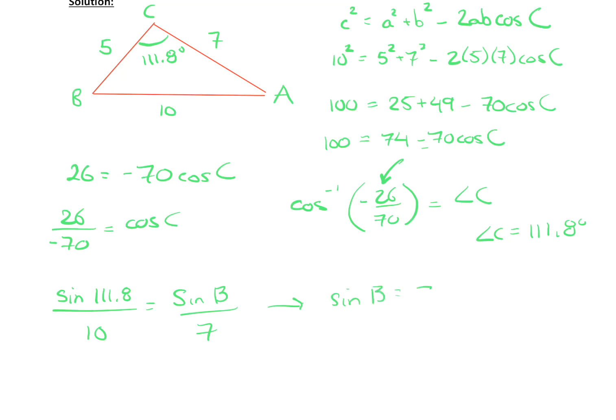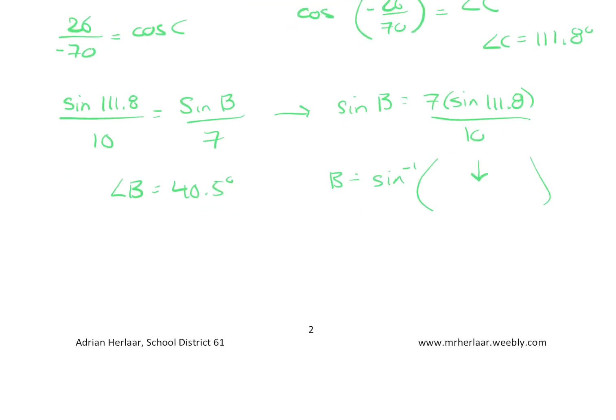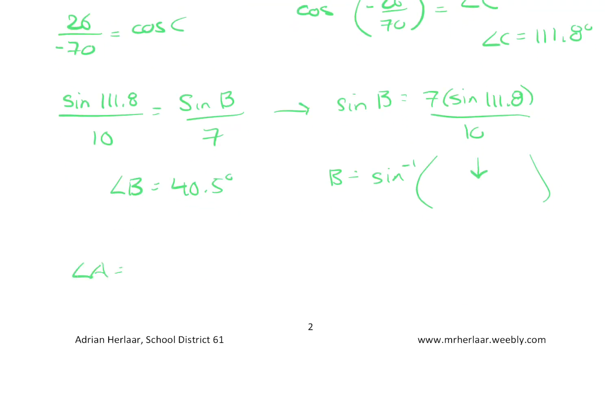Sine B equals 7 times sine 111.8 over 10. So B is inverse sine of that whole thing. I'm not going to write it again. So angle B comes out to 40.5 degrees. And now that you have 2, angle A is equal to 180 minus 40.5 minus 111.8, and you get